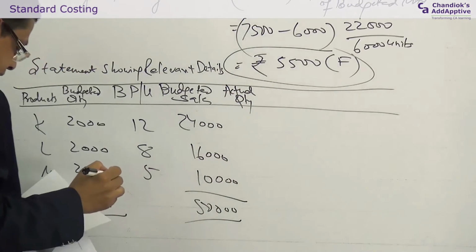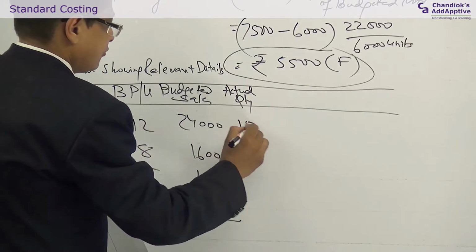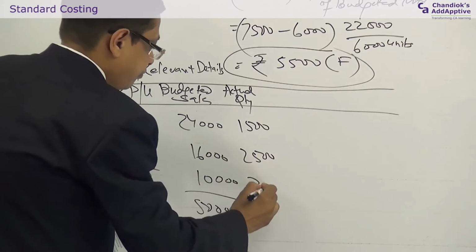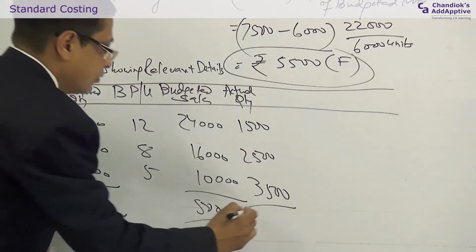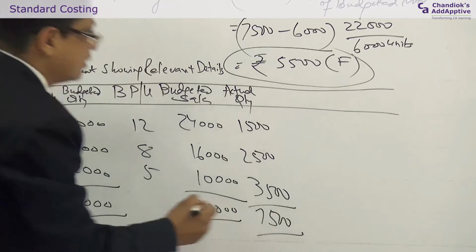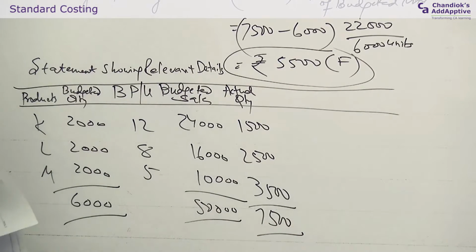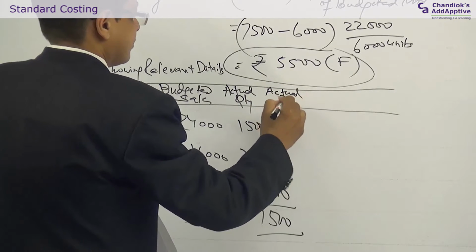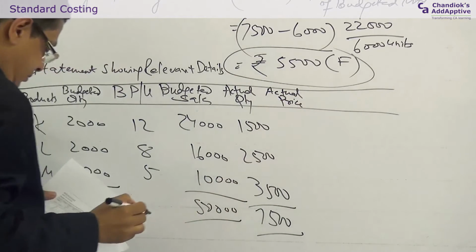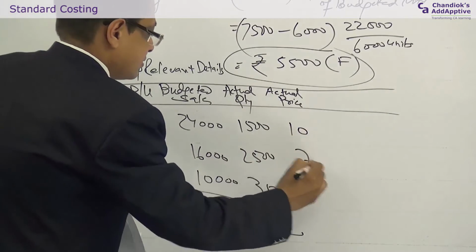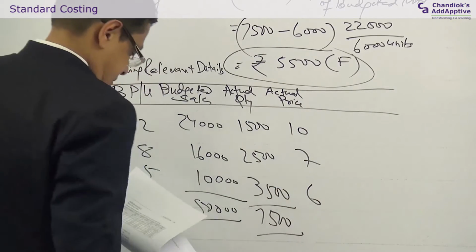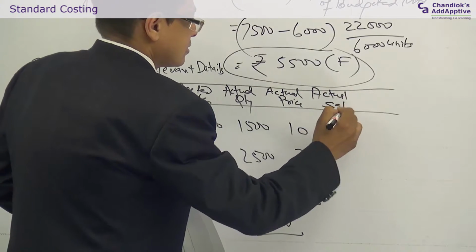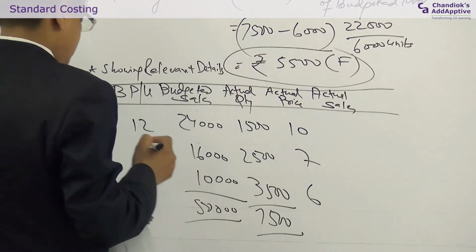The actual quantity detail is 1500, 2500, 3500. So, the total is 7500. You have actual price at 10, 7, 6. Therefore, the actual sales is